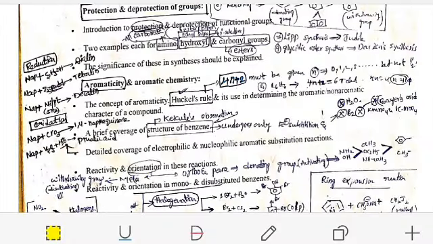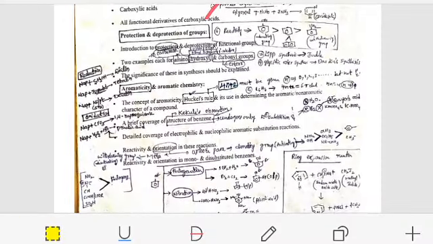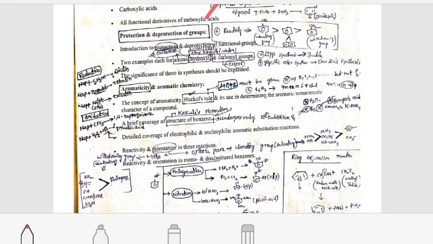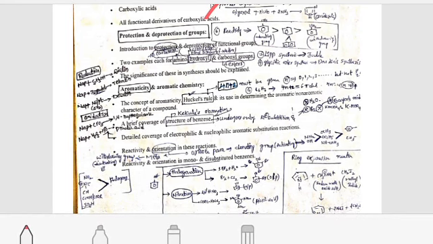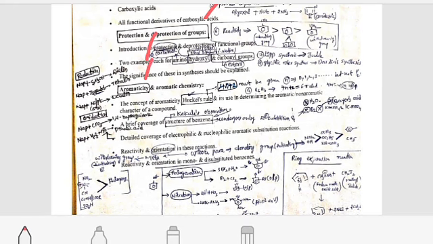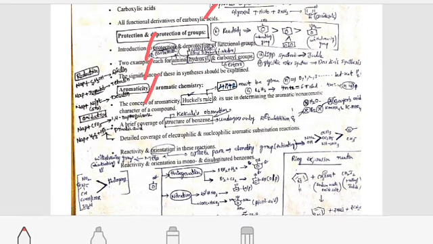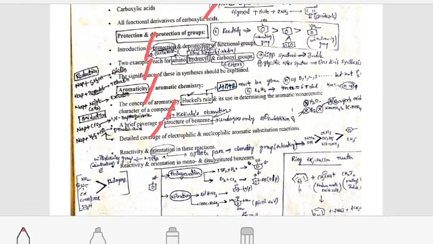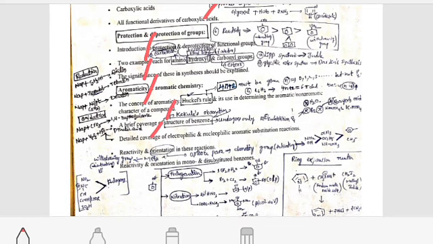One important concept: when naphthalene is reacted in the presence of ethanol, it produces dienes, and naphthalene in the presence of isopentanol produces tetralins. In the presence of nickel or palladium, it will produce decalin. These are very important. That's why I wrote them here only. Oxidation of naphthalenes and the end products I wrote here only.